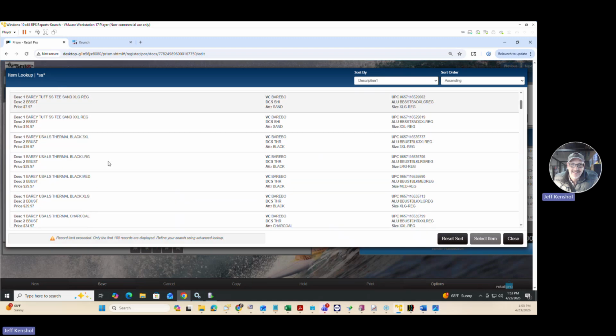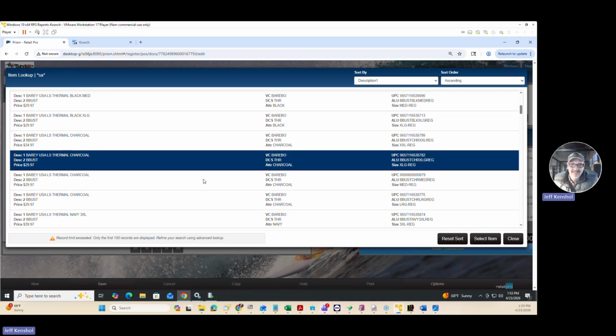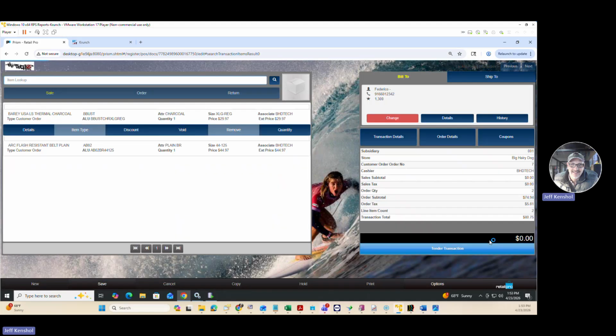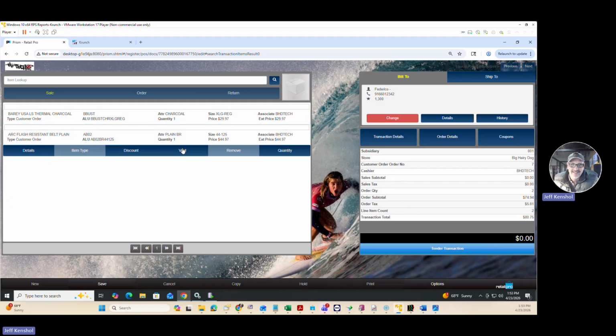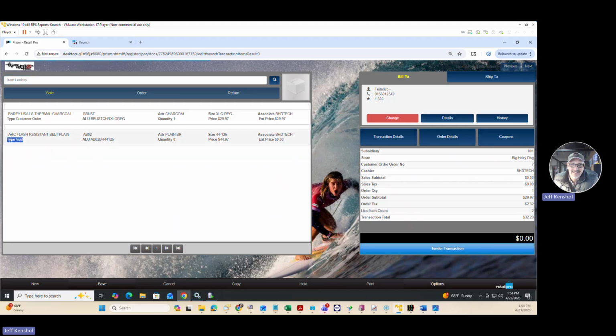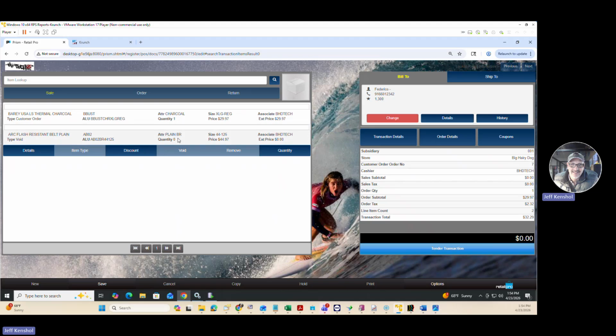So what do we got here? Anything exciting? Nothing really. All right, we're going to pick one. Let's say select item. All right, so the new item's on top. The new items always go on top. So this bottom item here, the original one, I can now void that. So now you see that the type is set to void and the quantity is set to zero, right? So we're going to say